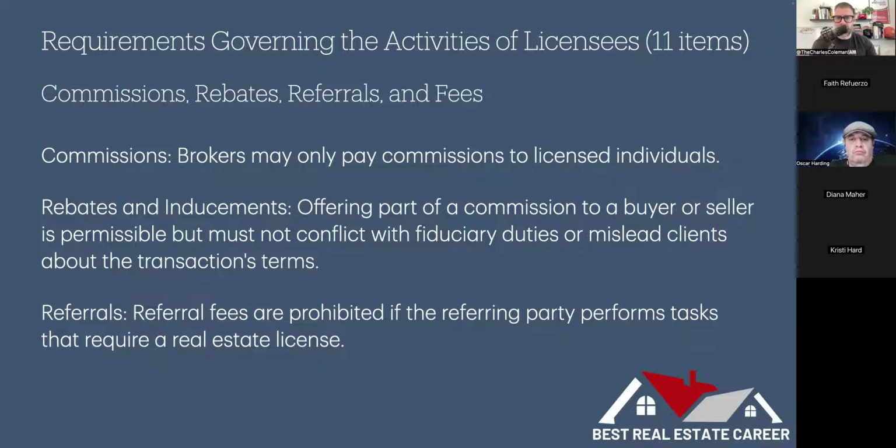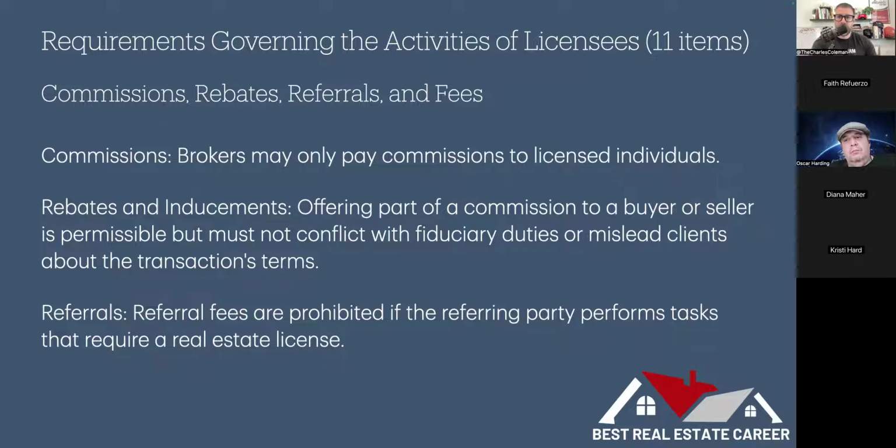You can't just cut a check, right? Cutting the check outside of closing would be loan fraud. That would be illegal. What you can do is cut this check through the process, and it can be paid to their lender and help them with closing costs. Perfectly legal. And referral fees, right? You can pay a referral back to anybody with a real estate license.